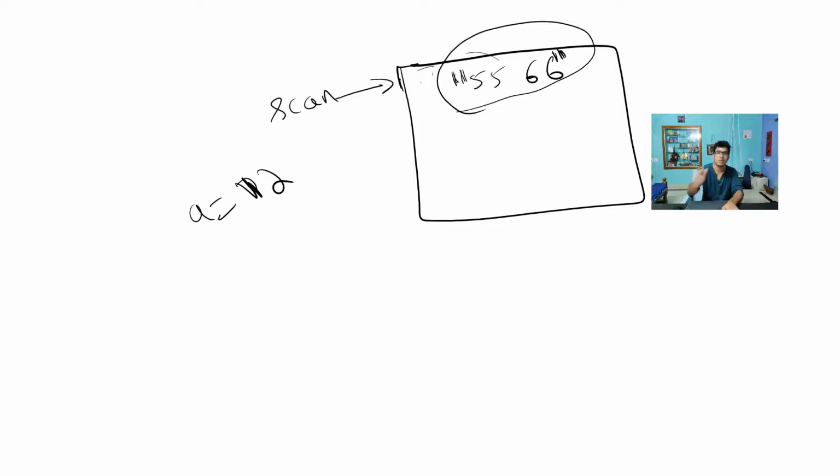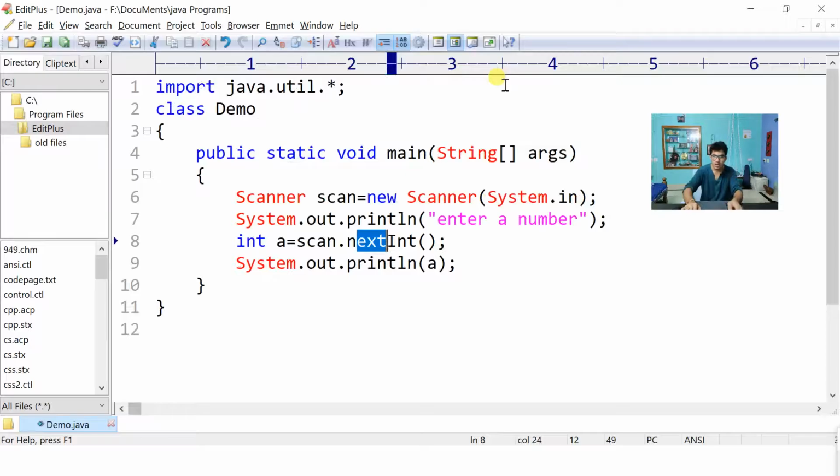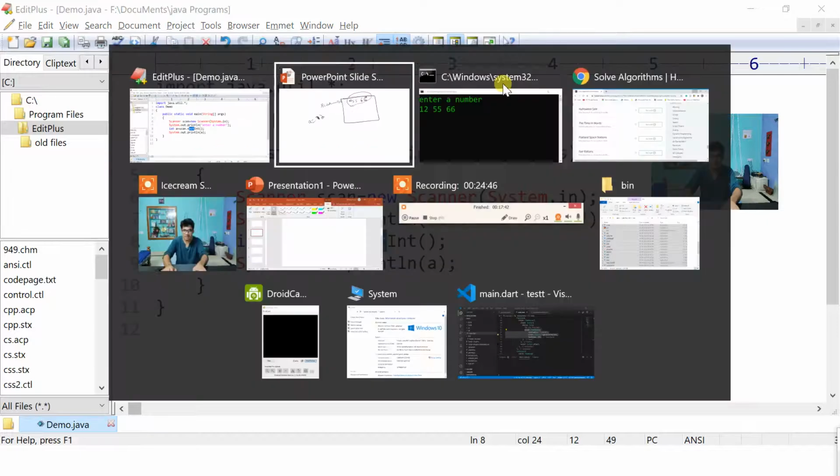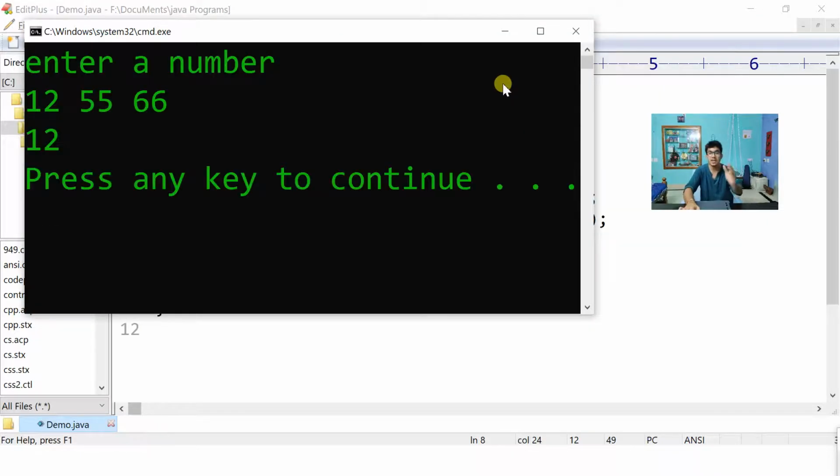Yes, this is what will happen. Okay, this will happen normally. These things will still be present in the buffer because you told next int, give me the next integer part. It has given the first integer part from the buffer. The other things will be kept as they are. So if I compile and execute that and press the enter button, it will print only 12